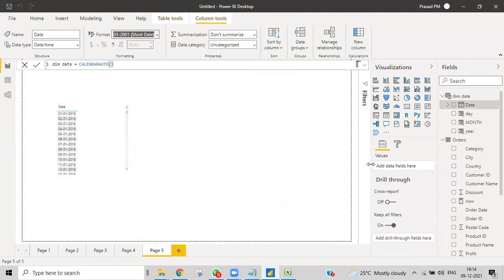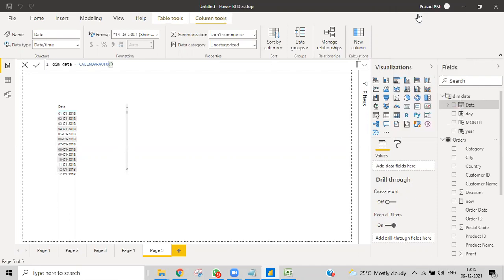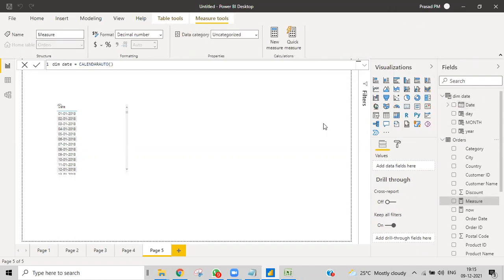Right now, I'll create a measure. Don't get confused over here.